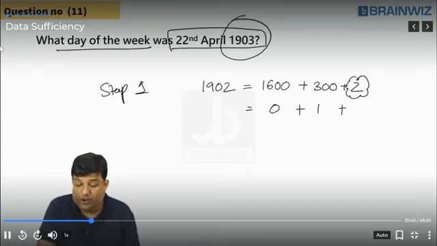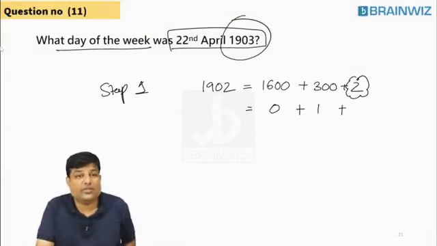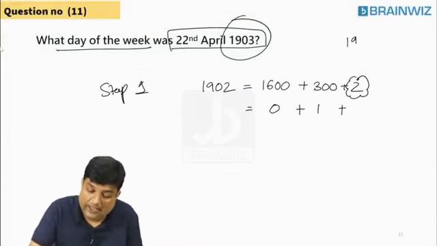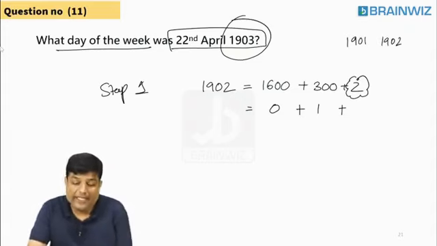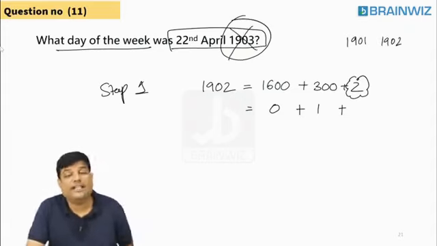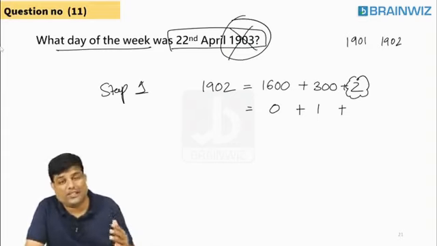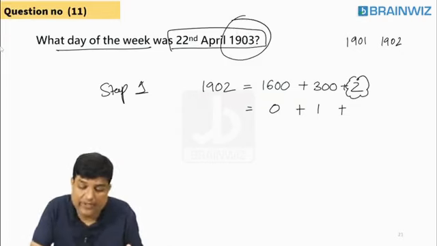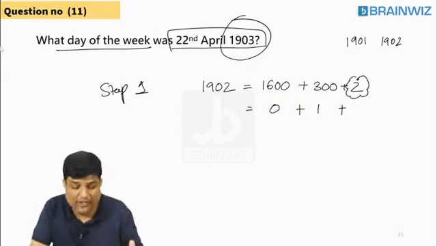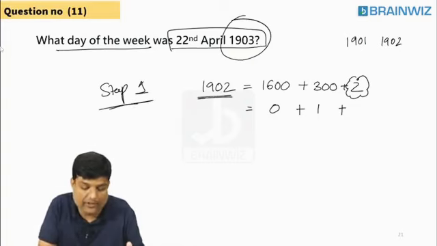Yes. Which 2 years, students, listen very carefully. Which 2 years? 1901, 1902. Sir, why didn't I take 1903? Because 1903 is currently going on, it's not yet completed. Are you understanding, everybody? So that's the reason I am not taking 1903. We have taken 1902. Step 1, we have to learn that.